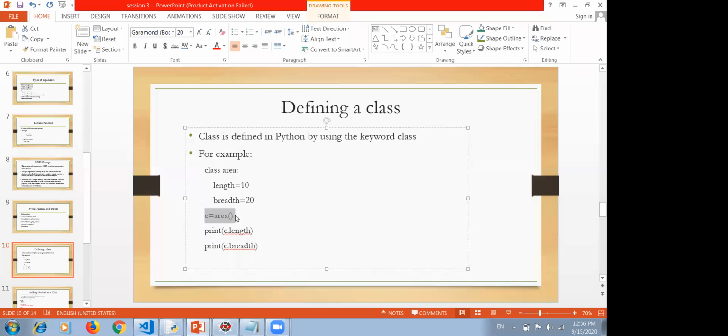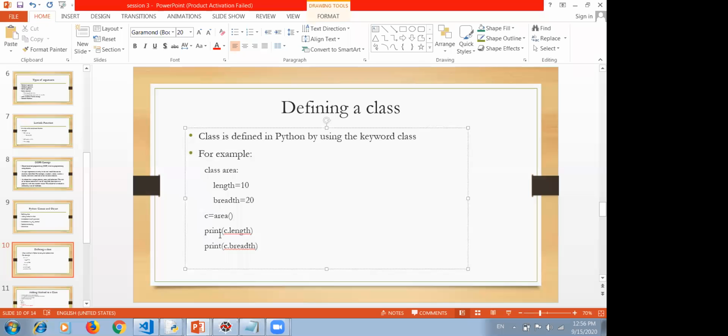Then how is the object created? An object is created by using the name of the class followed by parentheses. So here c is the object, and this is the name of the class, area. So I have created an object. Now I can print the various members of the class, various properties of the class, using this object.